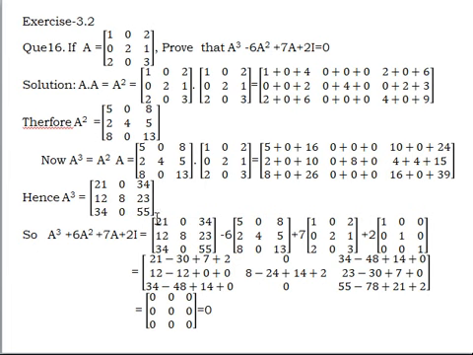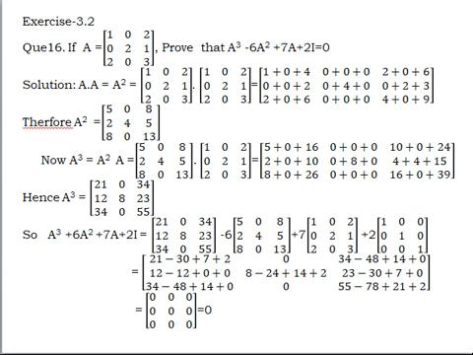So now when you solve this expression, you just add and subtract, and you will get all the elements of the matrix as 0. When all the elements are 0, that is our proof: the expression A cube plus 6A square plus 7A plus 2I equals 0. Now this is a very important question. One more part is left in this question, which we will learn in the miscellaneous exercise of this chapter.